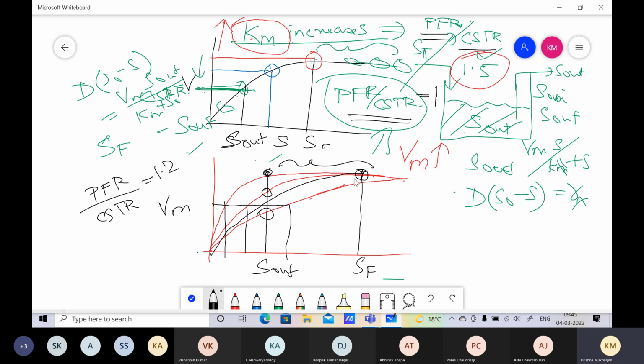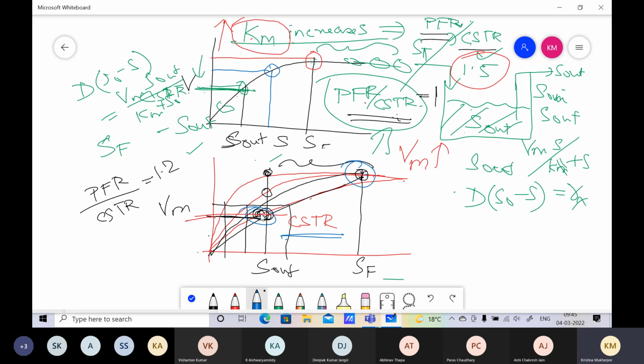But if it is first order, then the PFR to CSTR output ratio is obviously not 1, because first order integrates over time. When the reaction is first order and all in the CSTR, this is the reaction rate. In the CSTR, this is the reaction rate all the time. And in a PFR, the reaction rate goes from here to the minimum value. The CSTR operates at the minimum value all throughout at the outlet, and the PFR operates from here to